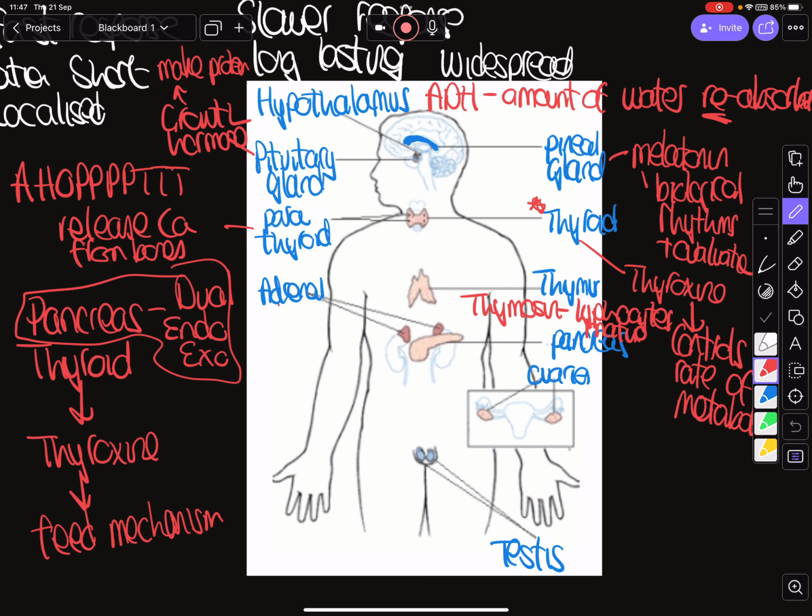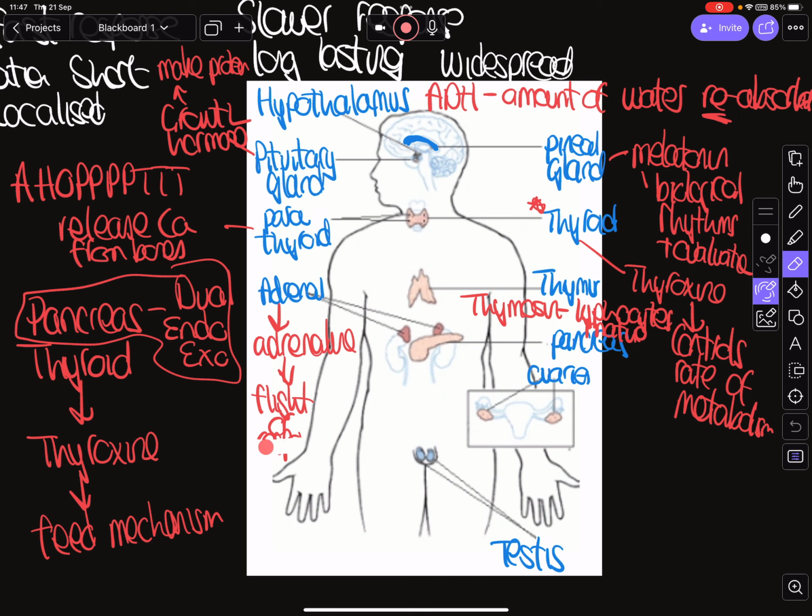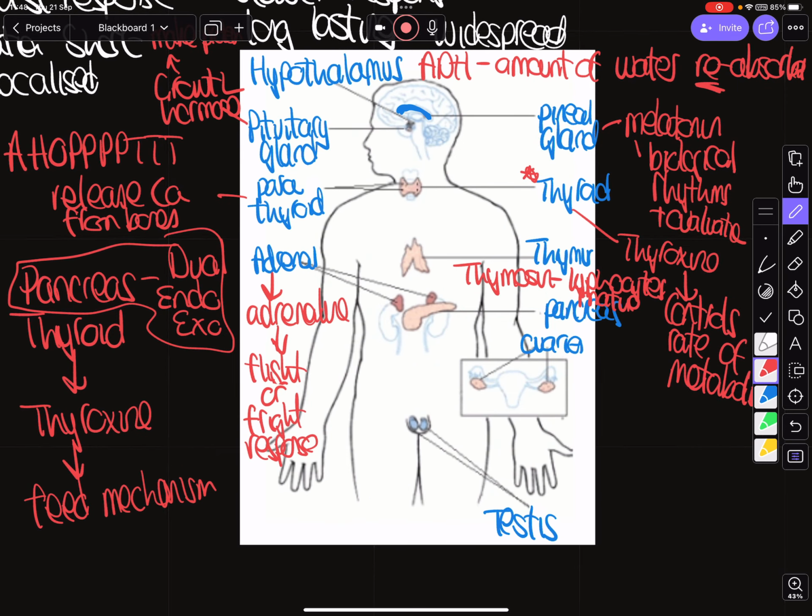What else do we have? Adrenal. So adrenal makes adrenaline, and this is a fight or flight response. So your fight or... I'm doing this badly. Apologies. So it is going to be fight or fright response. So when we get scared, we'll either run away. It'll give us adrenaline, so our heart will pump harder, our lungs will work, we'll get more oxygen, we'll be able to run away. And similarly, if you're going to stay and fight, then it's going to kick in there.